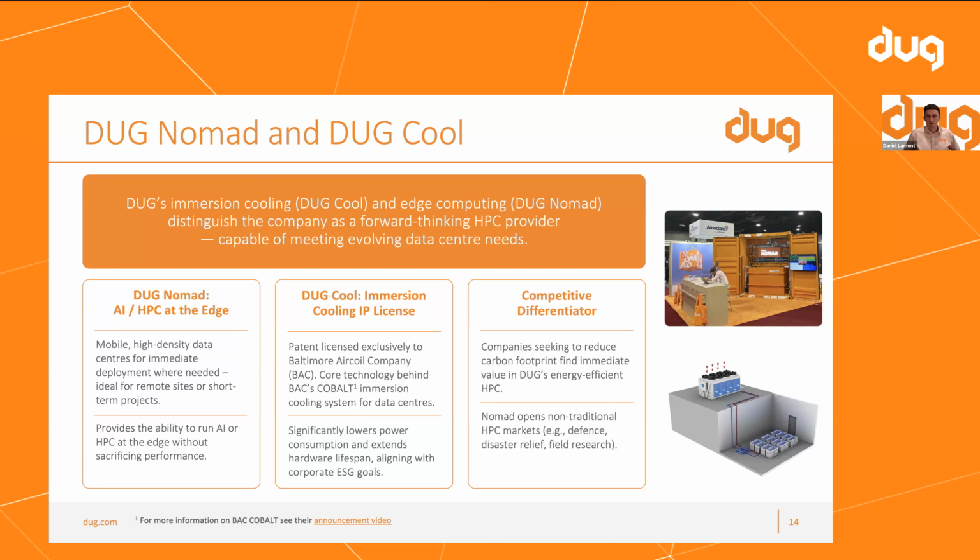From companies who are interested in the immersion cooling, we started to work to pursue it, but realized that we weren't really set up to do it, and it wasn't our core competency. So what we did in August last year was we signed an agreement with Baltimore Air Coil Company, and they've really since then taken it and started running. So BAC's rebranded what we would call Doug Cool.